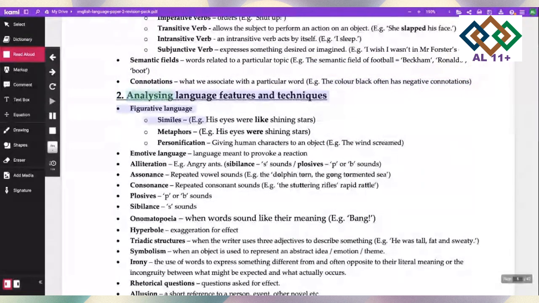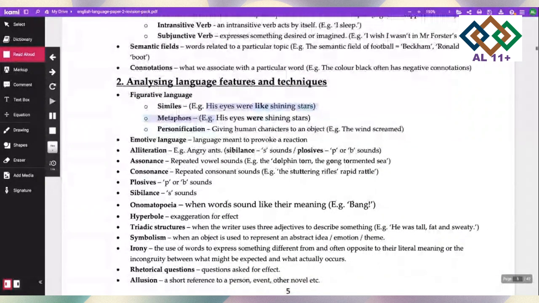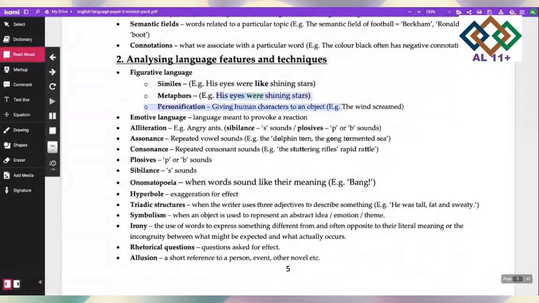2. Analyzing language features and techniques. Figurative language: similes, e.g., his eyes were like shining stars; metaphors, e.g., his eyes were shining stars; personification, giving human characteristics to an object, e.g., the wind screamed. Emotive language: language meant to provoke a reaction. Alliteration, e.g., angry ants. Sibilance: s sounds. Plosives: p or b sounds. Assonance: repeated vowel sounds, e.g.,